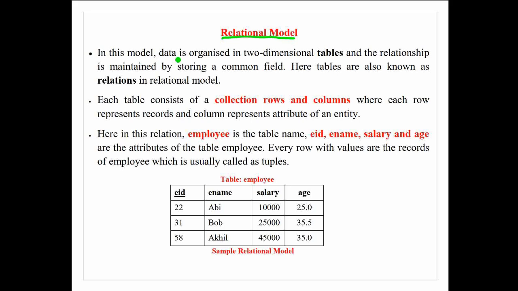In relational model, data is organized in two-dimensional tables and the relationship between the tables are maintained by storing a common field in the tables. Here in this relational model, the term tables are also known as relations, whereas each table consists of a collection of rows and columns where each row represents records and column represents attributes